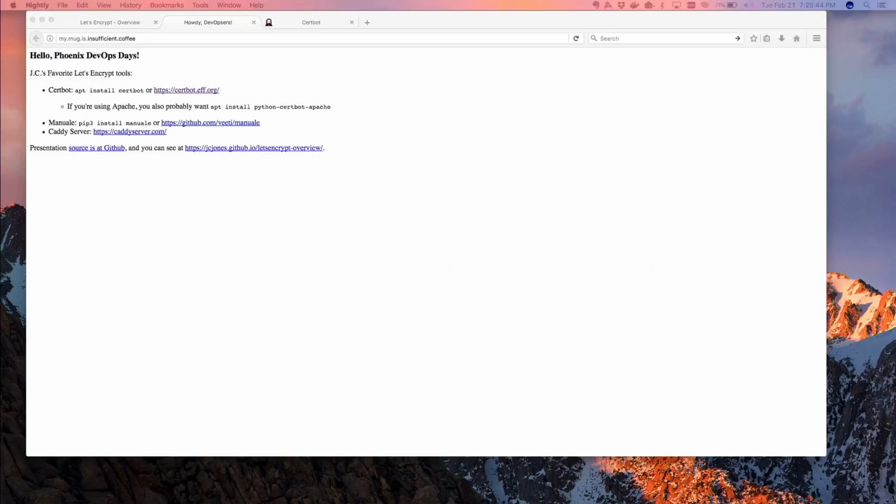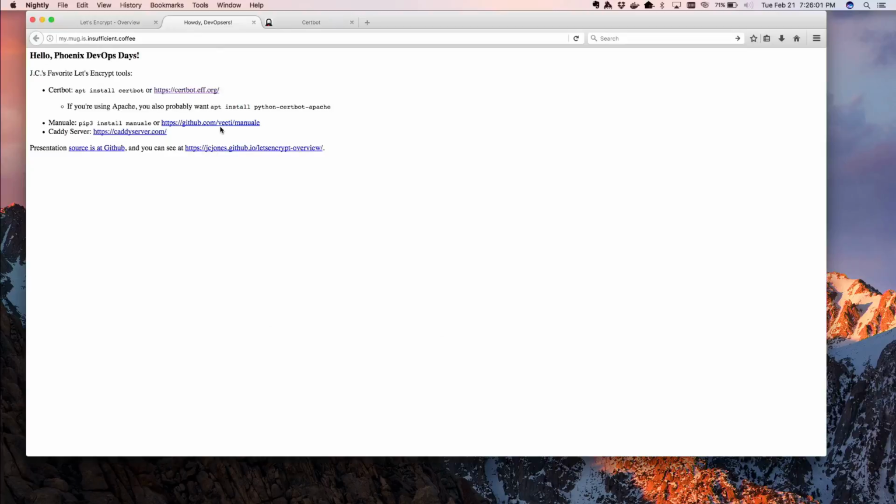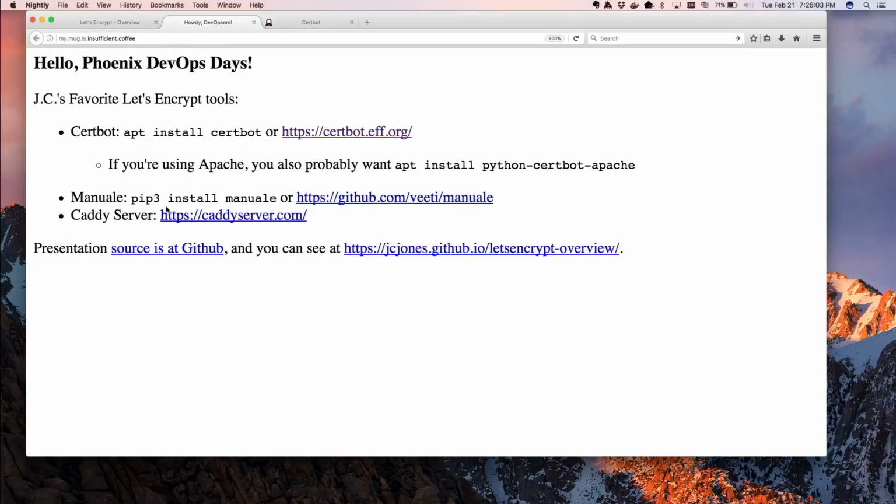Different tool. All right. So my next favorite tool, something I use personally for a bunch of boxes that I can't run certbot on, is a tool called manual, where the last letters are LE. It's written in Python, specifically Python 3. So those of you who are still clinging to Python 2, I'm sorry for your loss.